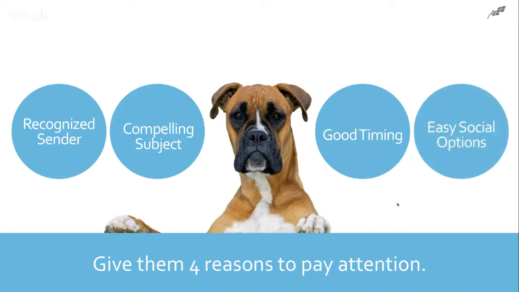And then also easy social options. For some reason, this is a magical thing. If you have lots of links to social networks and mention share and connect and good steps and good things to do, people are much more likely to do anything with you. So if you just have an email and you don't have any social media links, or if you just have social media and you don't have an email, it seems that the results are much worse than the two put together. It's like peanut butter and jelly, works better together.